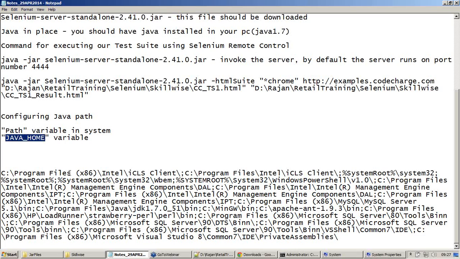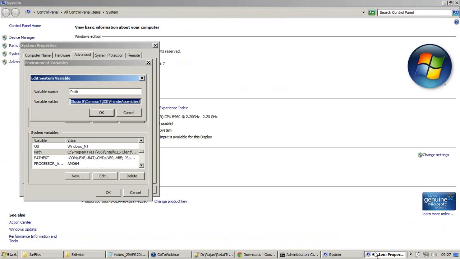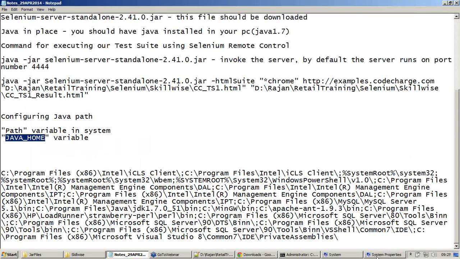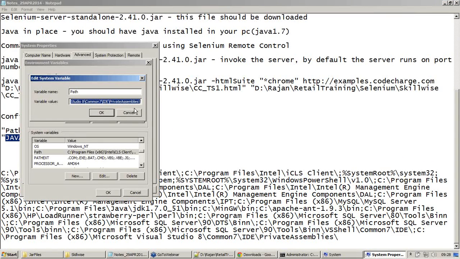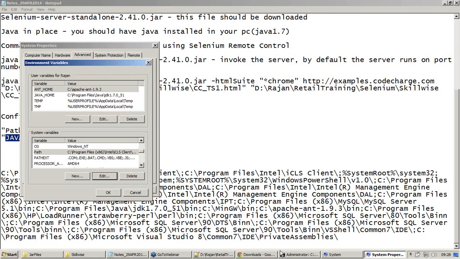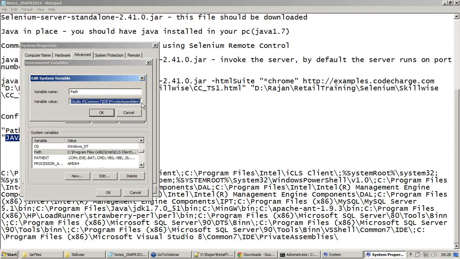next the Java home. Java home is a little bit easy, because we ourselves are going to create this Java home value. Once you add your value in path, you can just paste it here and then say OK. The reason why I am asking you to get it in Notepad is that we know how many are there and we can exactly pinpoint whatever we have added. The risk of modifying the path variable right there is very high.